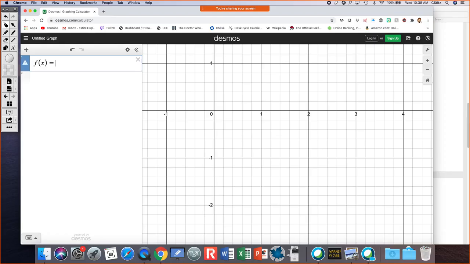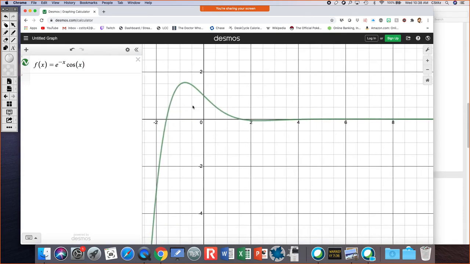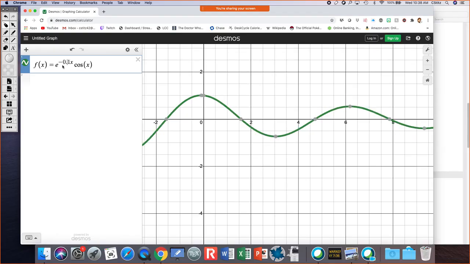So let's take a look at this function before we integrate it. I'm going to alter it here so we can see what I'm talking about. We know the cosine wave oscillates infinitely, and it always goes between -1 and 1. When you multiply it by a function, you can think of that function as the amplitude of that wave. So if I graph e to the negative 0.1x